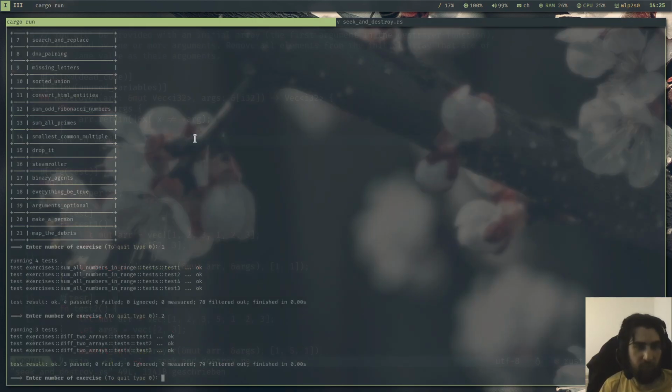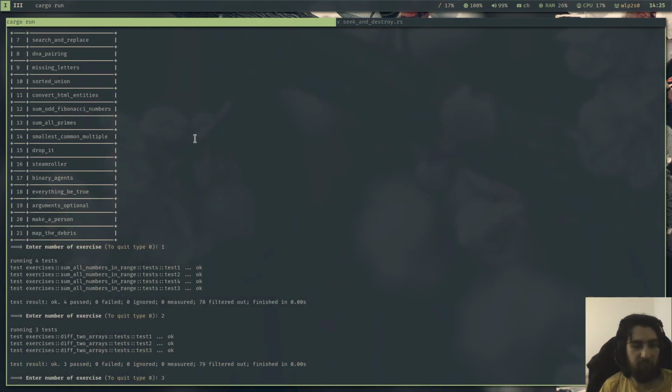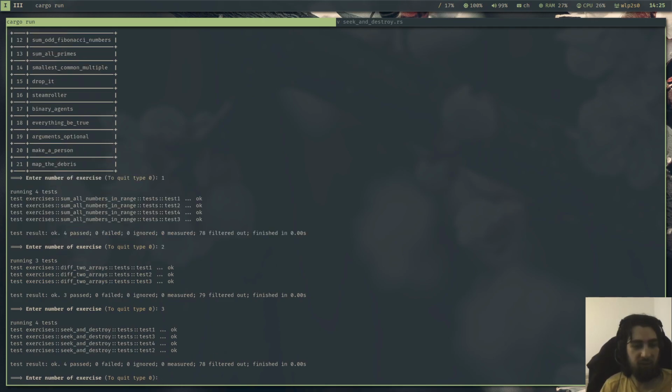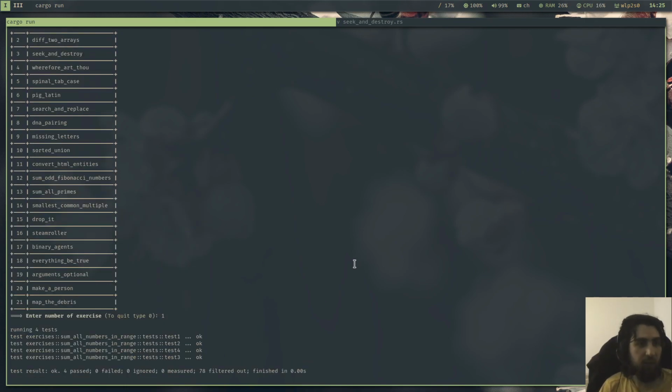Let's save. Let's see if it's actually passing. This is exercise 3, and as you can see, all the tests are passing. Nice. So exercise number 4,